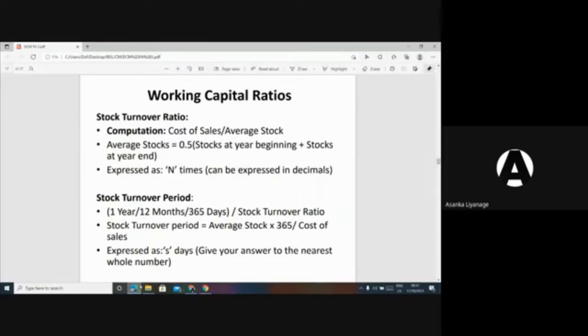This is a very important ratio as far as working capital ratios are concerned. If the number of days is lower, that is better. Right. Now here, if you don't find the figure cost of sales